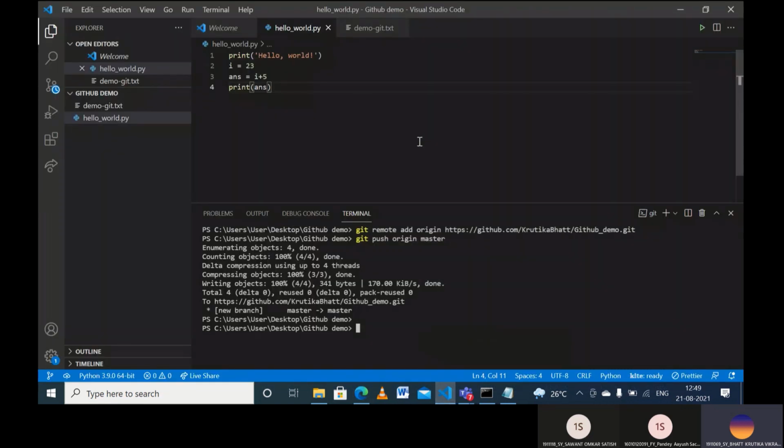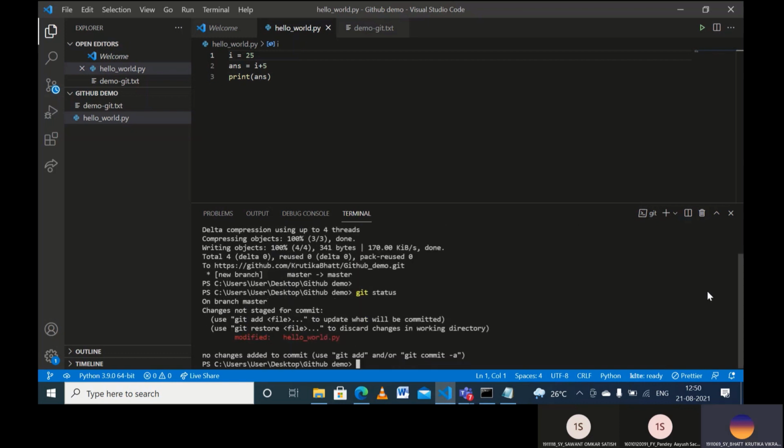So let's say that even I am making some changes simultaneously in the file. Like let's say I change this variable to 25 and I deleted this hello world over here. Okay. So I have made these changes. Anytime if you want to check what changes you have made or how the files have been staged in your local repository, all you need to do is git status.